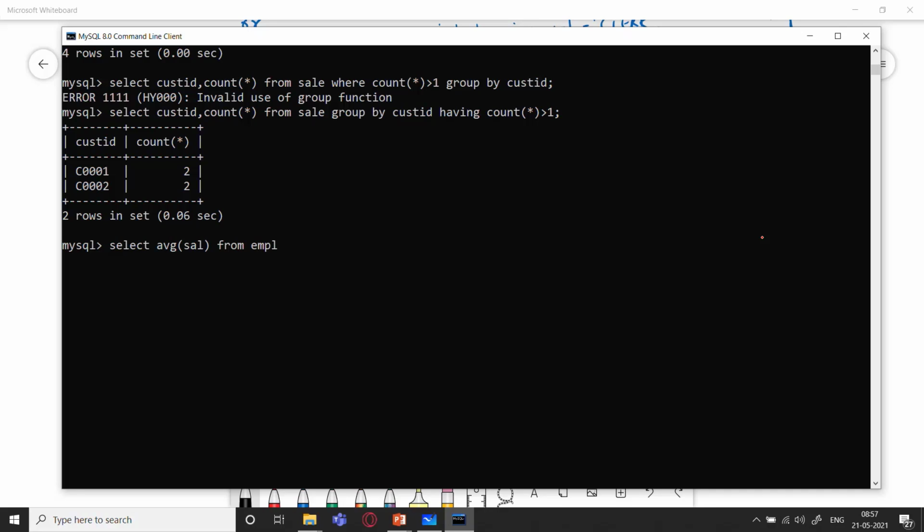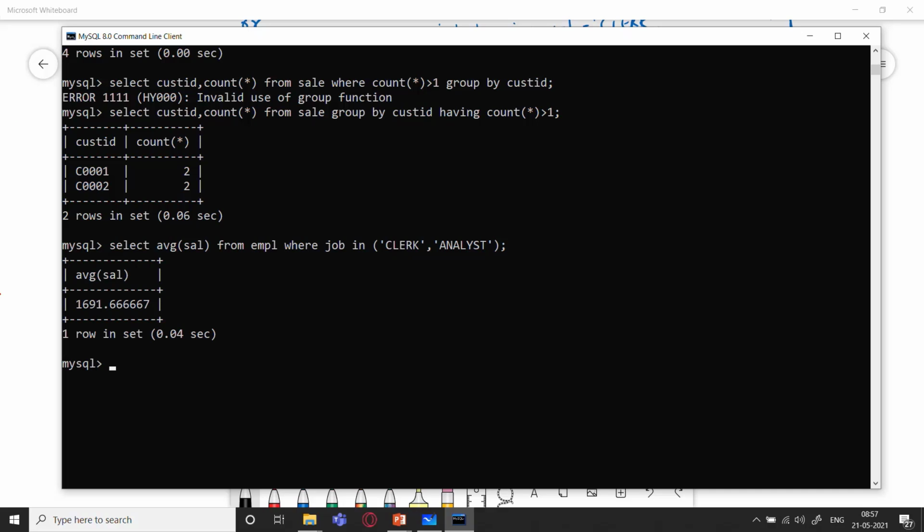From EMPL, where job in. Now instead of grade I have taken job over here, so I am going to take two different jobs. One will be clerk and another can be analyst.